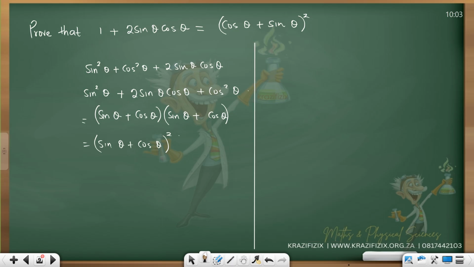Or, let me show you something else. I'll keep that first line, sine squared theta plus 2 sine theta cos theta. Now, let me simplify the right-hand side. Oh, no, I missed something there. I missed the cos squared. All right? Plus,